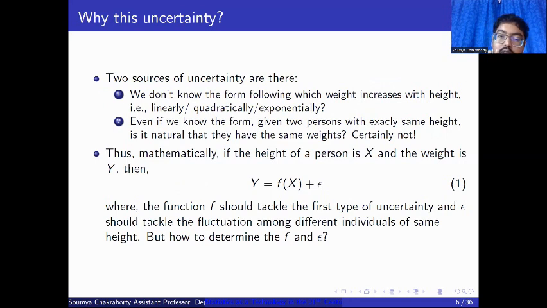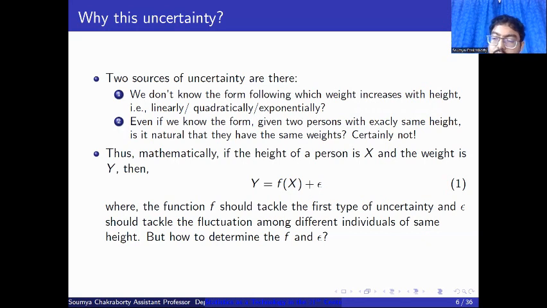So there are two sources of uncertainties. What are they? First of all, we don't know the form following which the weight increases with height. That is, it may increase linearly, it may increase quadratically, even it may increase exponentially or logarithmically. We don't know the mathematical form of the relationship between height and weight. Now, the second uncertainty is even more tricky. Even if we know the form,